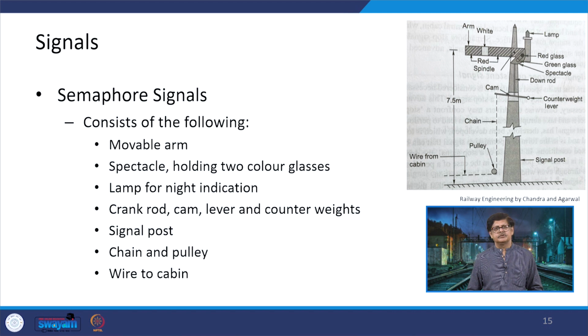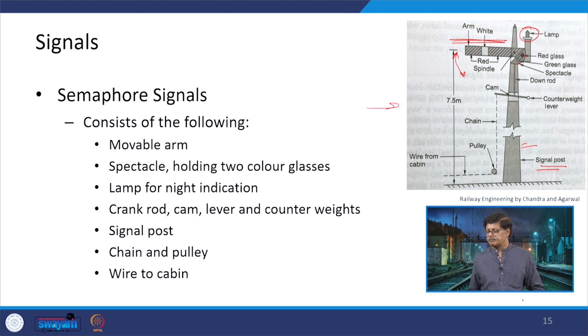So, let us talk first of all about the semaphore stop signal. Now, on the right hand side, a semaphore stop signal has been shown where there is a post. So, this is a signal post, and on this signal post at the top, you find that there is an arm being shown which is projecting outwards. There is a lamp at the back. There are red and green glasses. So, depending on the way it moves up or down, the lamp will come at the back of a particular glass and